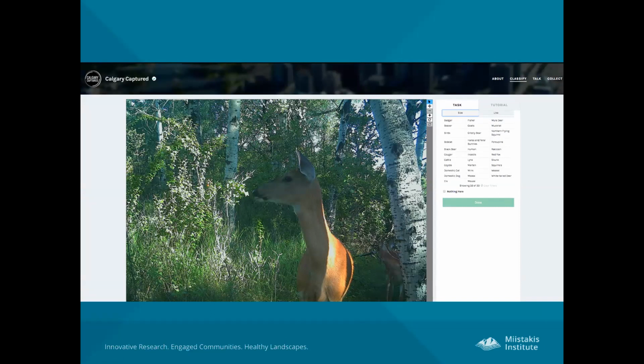And so we have a number of cameras, over 60 cameras set up in all different City of Calgary green spaces to document images of wildlife. So as you can imagine, there's thousands upon thousands of images of wildlife that we collect, and where we engage citizens is in how we categorize